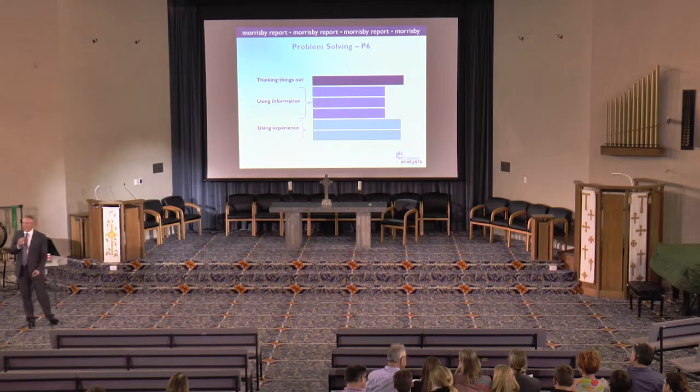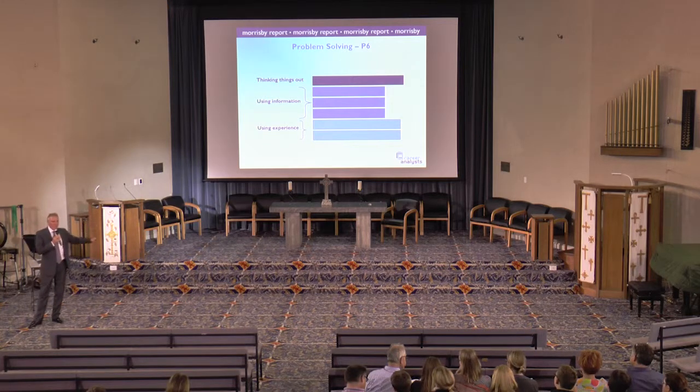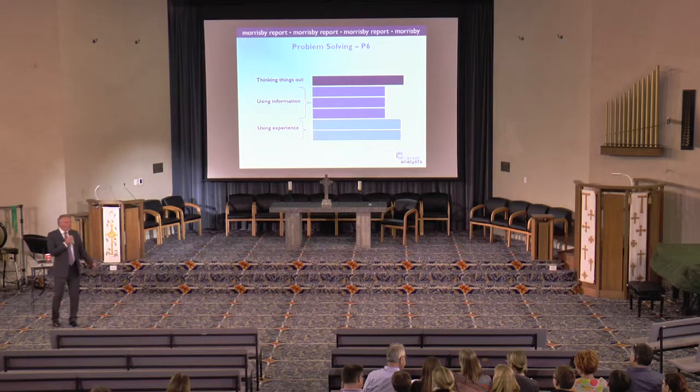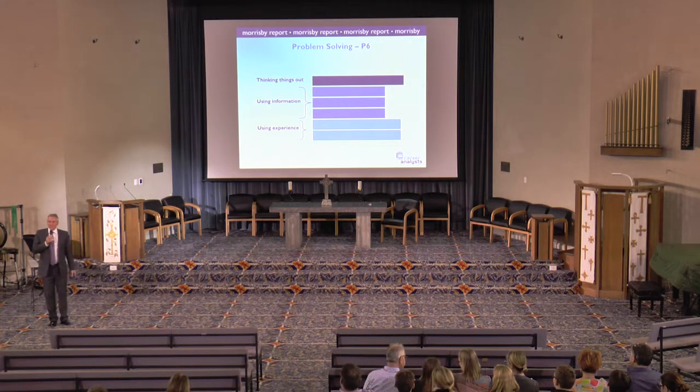If we talk about putting together a bit of IKEA furniture here, the person with the strong using experience will pull it out of the box, and because they're good at this stuff, they've probably done it before, they've taken those opportunities, they'll probably say, well, I can just do this. They might go down a couple of blind alleys, come back, and make it work quite well. Whereas the person with strong using information skills is likely to be saying, why would I solve this? Someone else has done it for me. I'll just follow the instructions.